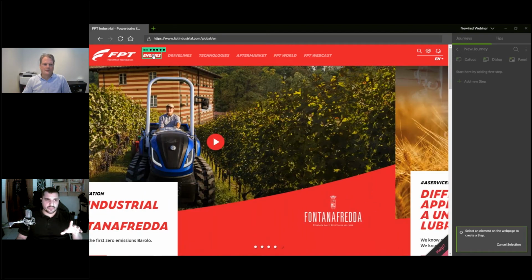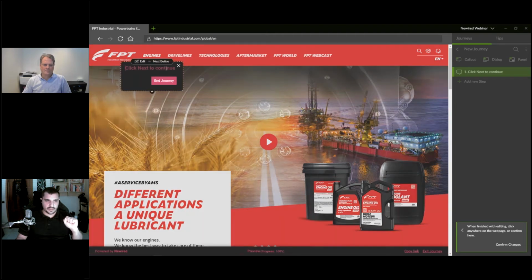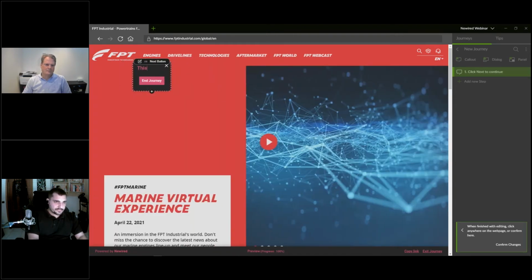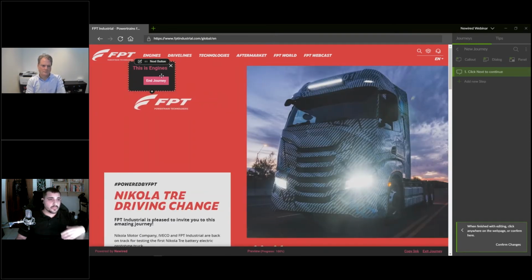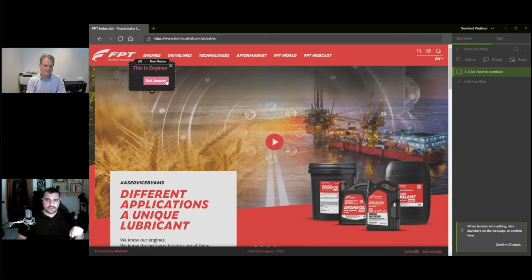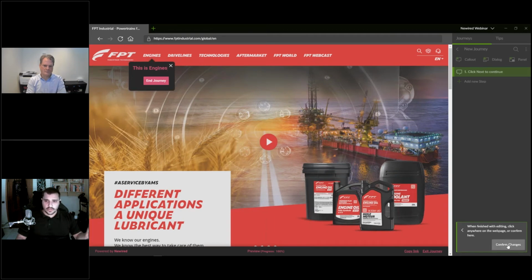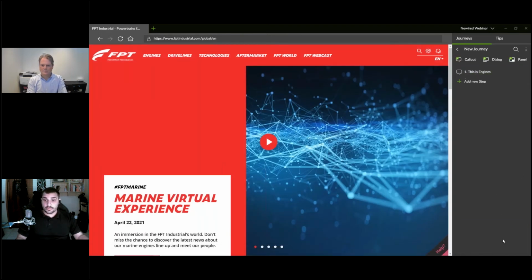But you can see I'm selecting the element that I want to describe, clicking on it, and now I can write some text and say this is engines. Okay, I'm able to define the kind of transition. It's very important to mention and describe the kind of behavior you want to have inside of the journey. In our case, next button. So having to click this to proceed is what we want. So I will just confirm changes in the bottom corner over here